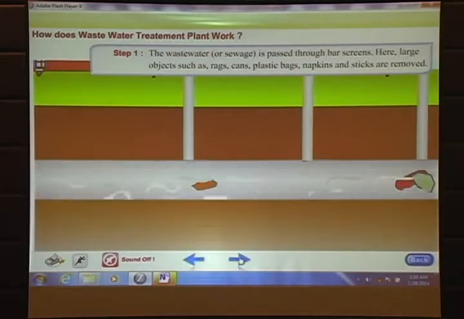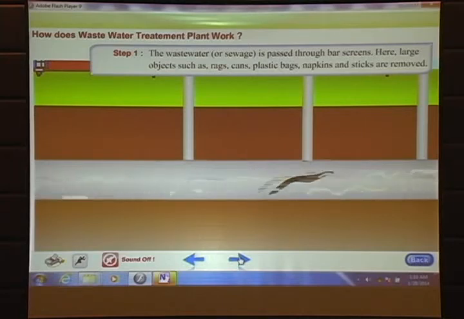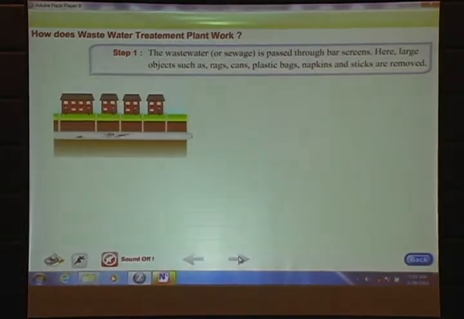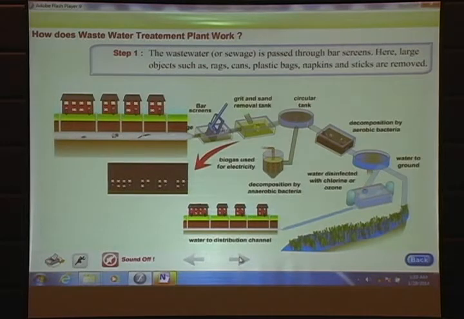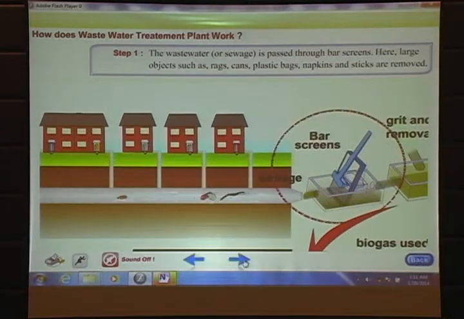You zoom it out, so that the dirt becomes clearly visible to the class. And then what? Step one is removal of this by a bar screen. The first step is bar screen here. Zoom out the bar screen so that you can see the action clearly. If you're explaining the whole wastewater plant in 5-6 different steps, at each step you zoom it out so that you can explain it to the class and talk around it.